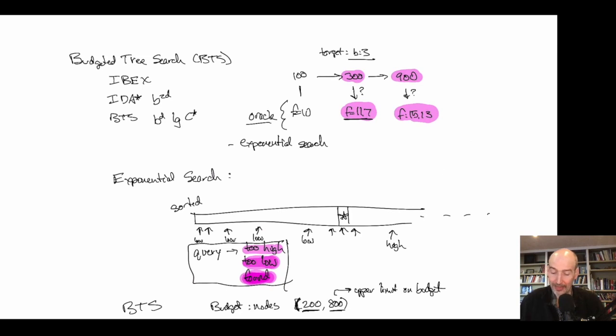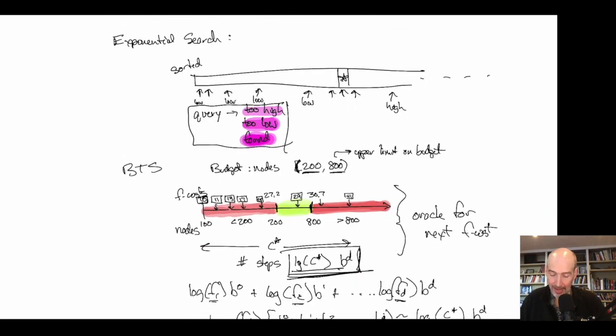And so what that gives us is an oracle that, given a next number of node expansions or a range of node expansions, is going to give you exactly the F cost that you need to get there. Therefore, we have essentially built an oracle that can tell us which F cost to use. And very importantly, what that's going to do here is that IDA star